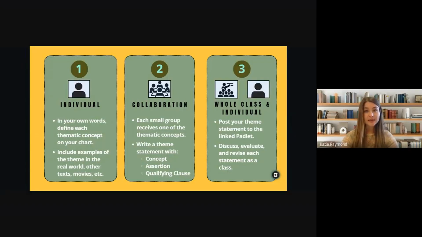So as you begin, you'll look at the document that you made the copy of. And if you scroll down, you'll see that there is a chart I built for you with 5 thematic concepts. All right. For each thematic concept, you're going to define it in your own words. So don't just Google the Merriam-Webster definition of American dream. I want you to think about, what does it mean to you? How would you explain it to a friend? You're constructing your own definition and meaning, which makes it a little more memorable and personalized.